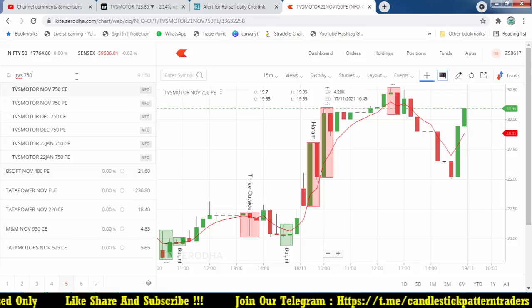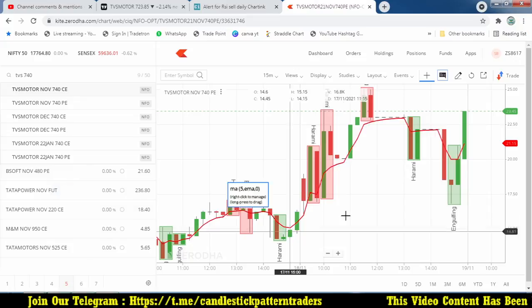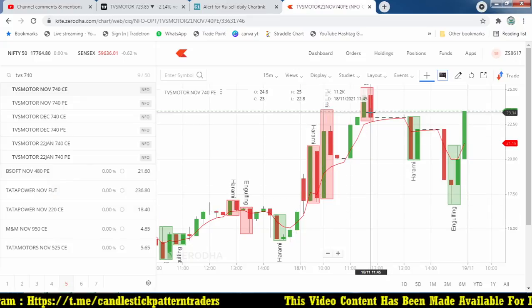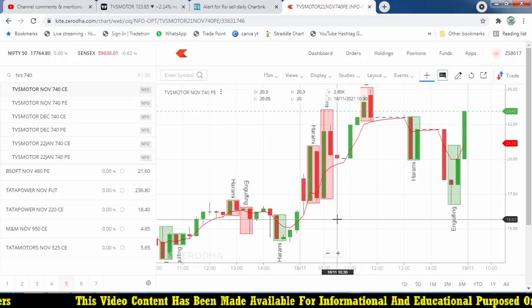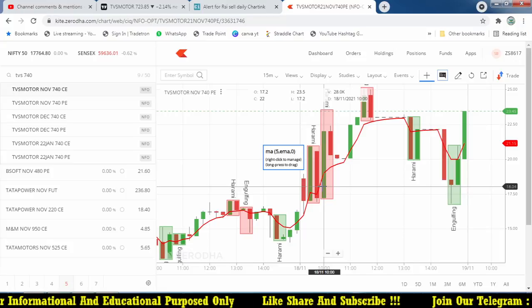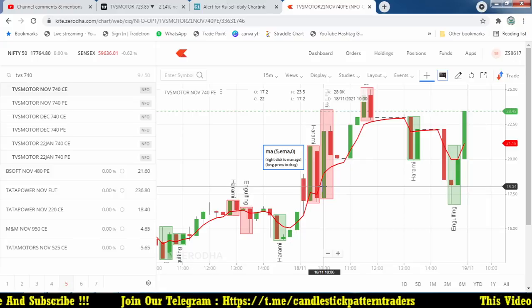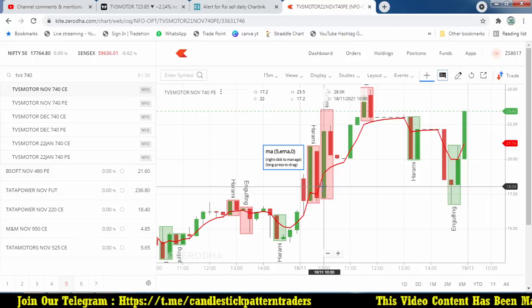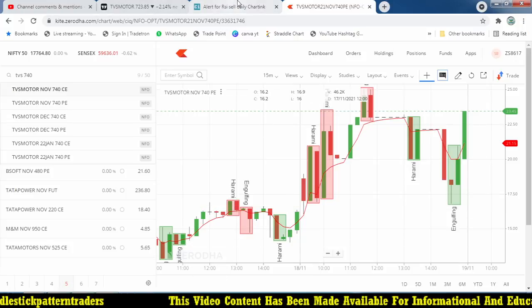Let's see 740. So here I am telling you how to select the strike prices and other parameters, and also that you can trade with a good volume stock. Here it is 20 and it moves to 25. So what happened here? That 750 is not liquid, this was liquid, that is why comparatively there is a higher movement. Even if you took 22, it closed at 23.5, so there is a good profit on that. But this is happening at 10:20. So when there is an alert, that is the time we plan the trade, and based on the method we can select the strike prices.